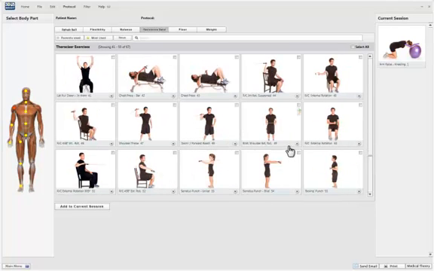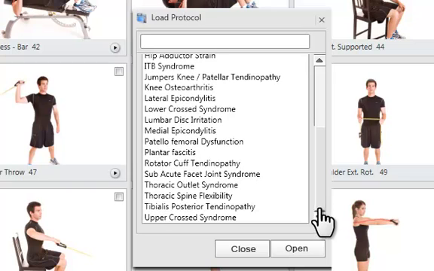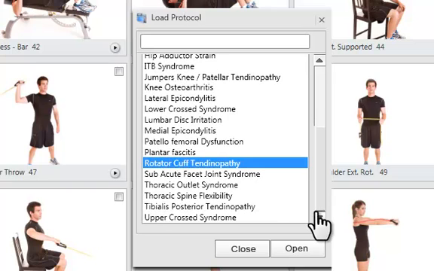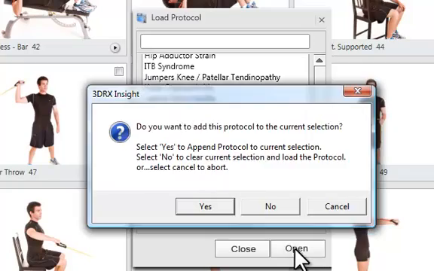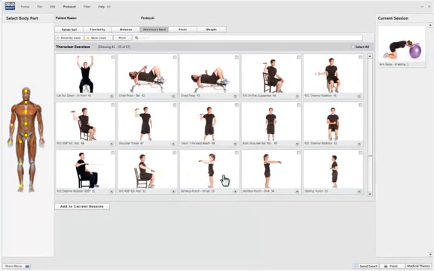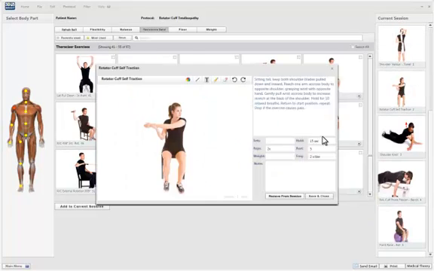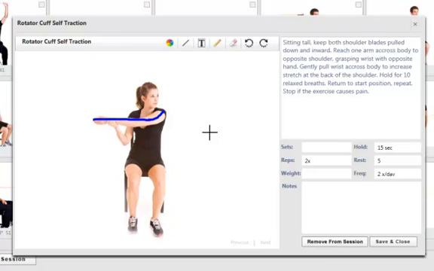So what we've also done is created protocols, and these protocols are customizable, so you can create your own protocols, but we got you started with a few. So if you wanted to take a look at a rotator cuff, I'm going to open up that protocol, and you can see that once we open it up, it becomes our current session. And so with the current session, we can take a look at these different stretches or exercises. We can mark them up, as you see. We can add notes for the patient to refer to,